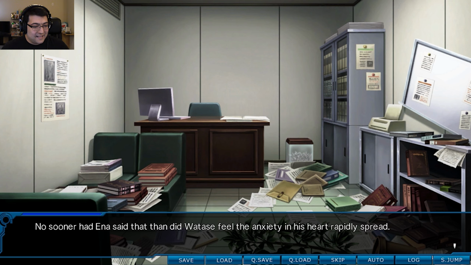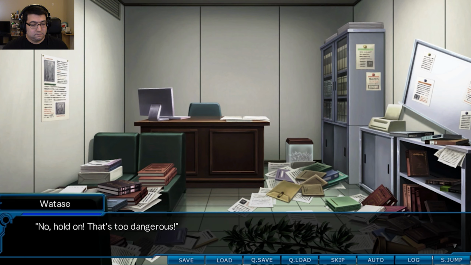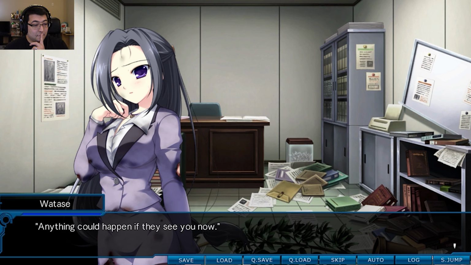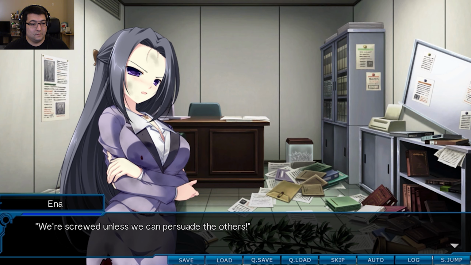No sooner had Enna said that than Watase felt his anxiety and his heart rapidly spread. What did you say? I'll be right back here, so wait. Okay. いや待て先生それは危険だ。Oh, yeah, we didn't stop her last time. She went to go talk to them and then she got killed. This is different. 今出て行ったら何されるかわからないぞ。でもだったらどうすればいいのよ。AD も要救助者も脱出口も捜索できないでしょ。私がみんなを説得しなきゃどうにもならないじゃない。